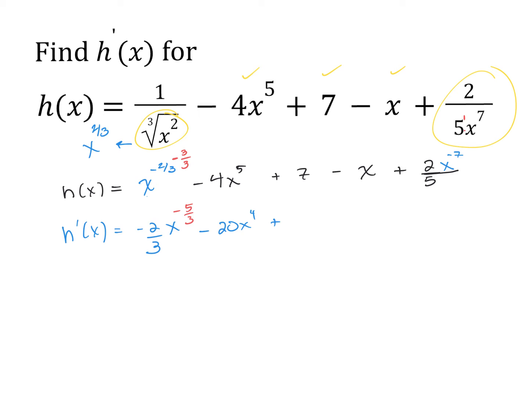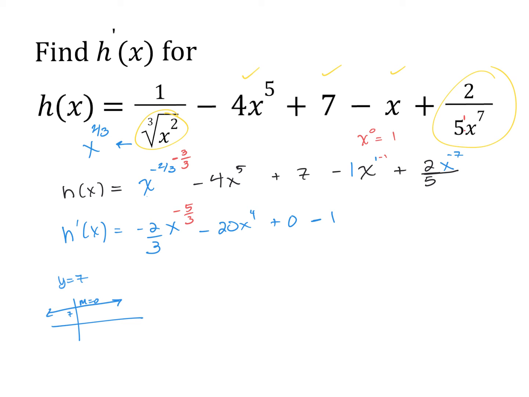is the derivative of 7, which is a constant. Remember, when we have a graph, h of x equals 7 is the same as y equals 7, and that is just a straight line. So at 7, if you look at this, what is the slope of the straight line? That is 0. So that's going to be plus 0, and this is like a 1 here, so if you had a little 1 here, it'd be like 1 times 1. If you want to go the whole power rule route with this, -1, and then we're also going to subtract that by 1. That makes this x to the 0, and remember, anything to the 0 power is 1, so we're just